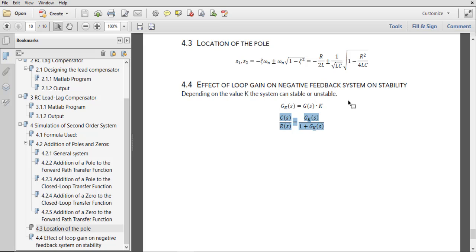Rather, in the root locus plot, we plot the roots of the characteristic equation on the S plane, seeing the change of the roots with the change in values of k. And if the roots go past the y-axis of the S-plane, we say that the system is unstable. The same thing we are going to see with changing values of k, but we are going to see the time response of this closed loop transfer function using MATLAB.